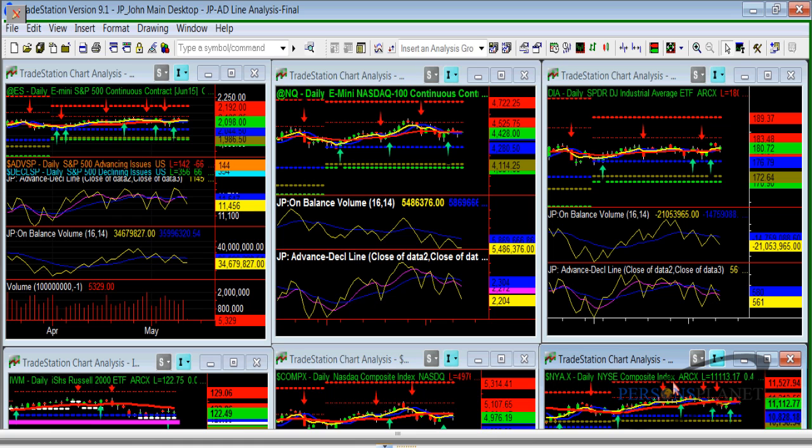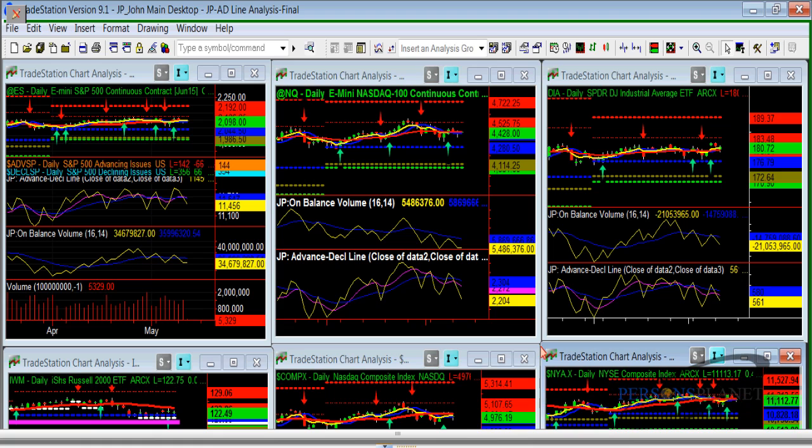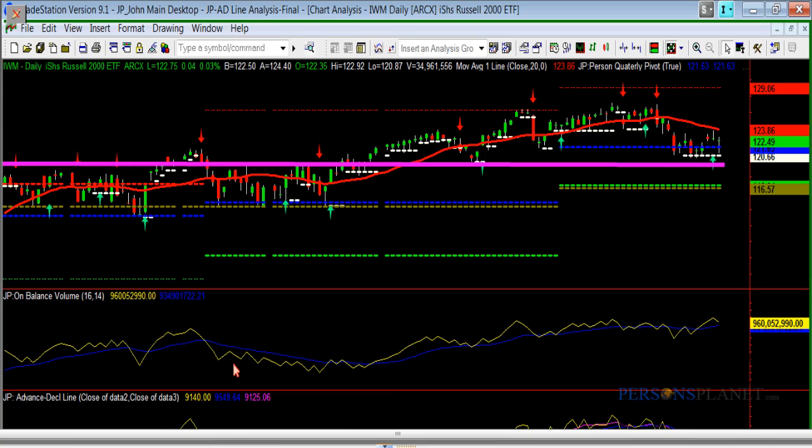Most platforms will only have the advanced decline comparative ratio line constructed easily for the NYSE. Now, if you want to see growth stocks and see what the health of maybe the Russell is, it would probably be important to look at an advanced decline analysis of the Russell to see, is this sell-off coming down with more